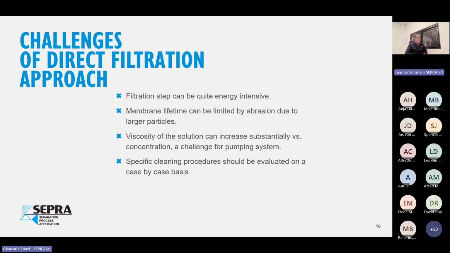In terms of cleaning, in some cases you don't even need chemical cleaning simply because there is no real membrane fouling. I mean, we're talking about water and particles. So some fouling may be related to very small particles going inside the pores, but in this case, you need to think about backwash, mechanical backwash, not really about chemical cleaning. And this is also somehow different from what we see in other situations.